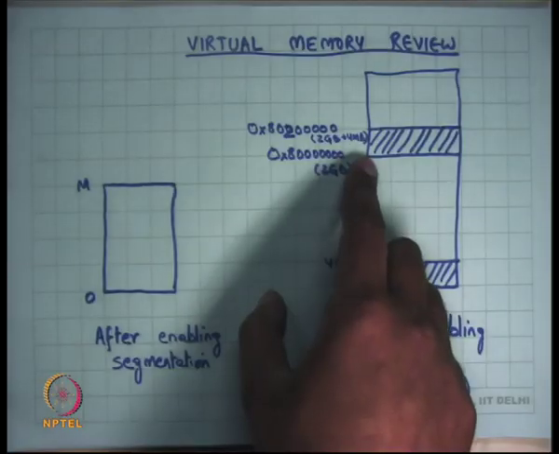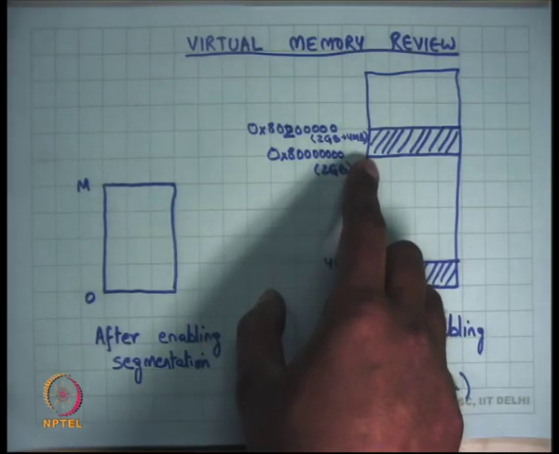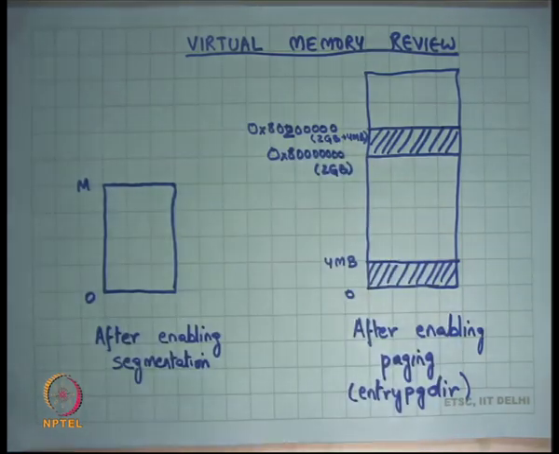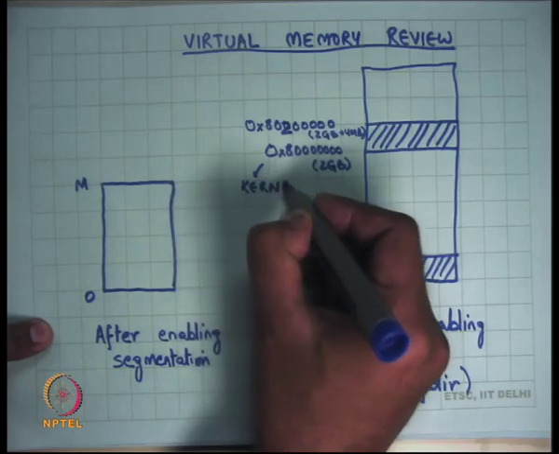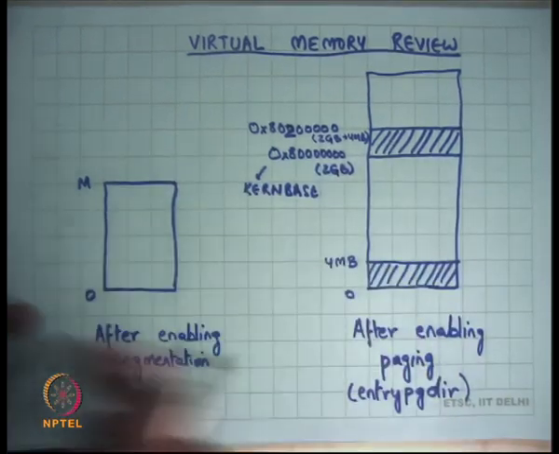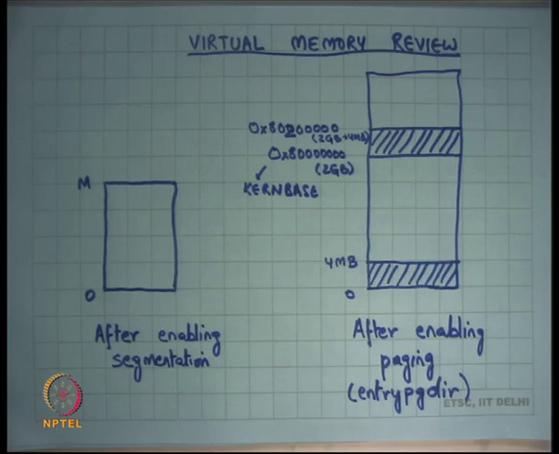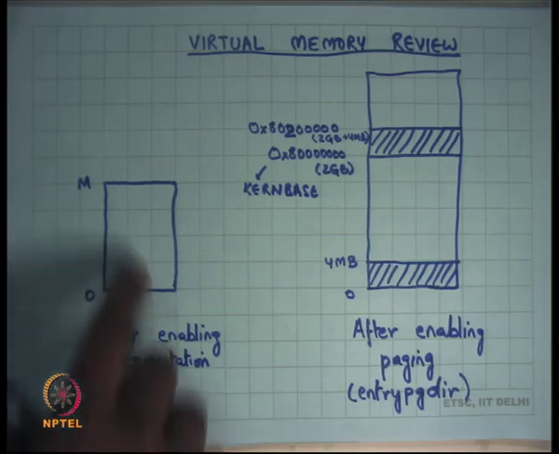It will be a virtual address in the sense that it will be an address above this value, 8 and 7 zeros, which is also called kern base. In our code, this is called the kernel base, right? So all the symbols in our image have addresses above kern base, or above 2 GB.